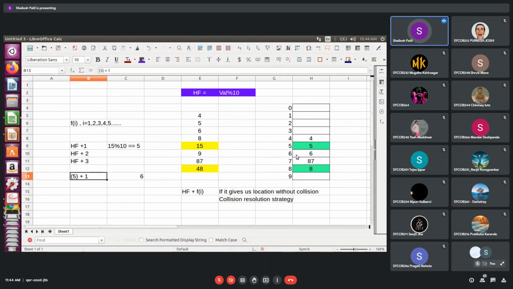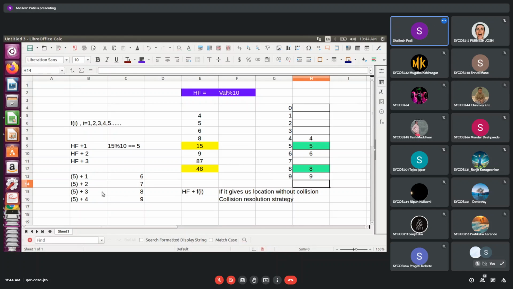Okay, 6 is occupied, so again a collision. So again we'll make 5 plus 2, so we increment and it will give us 7. Again we'll make 5 plus 3, so it will give me 8. Again that is occupied. So it will give me 5 plus 4, that will be 9 in this case, but I think this 89 is inserted afterward. It's already inserted, so I think we'll place this element at the 7th position.